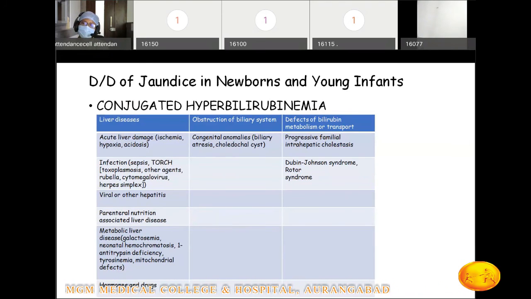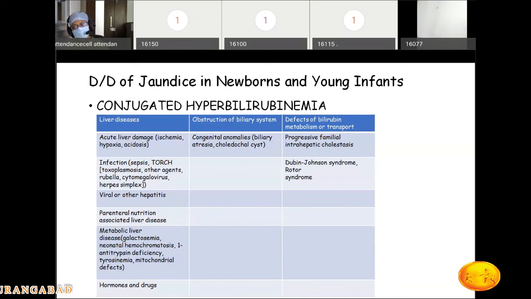you definitely want to do a total and fractionated bilirubin. And if it is showing a direct bilirubin of more than 1 milligram per dL or more than 20% of the total, then you definitely want to rule out extrahepatic biliary atresia in this child. If you do a Kasai procedure, modified Kasai procedure or a portoenterojejunostomy in these babies within the first month of life, the baby might survive on the native liver. There are very good results. The likelihood of these children surviving on the native liver is very high, particularly if it's been done at an experienced center.